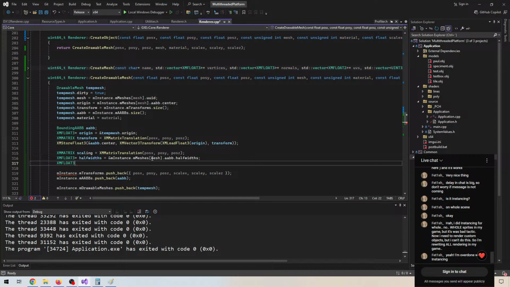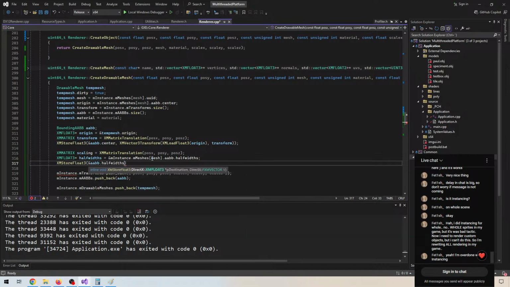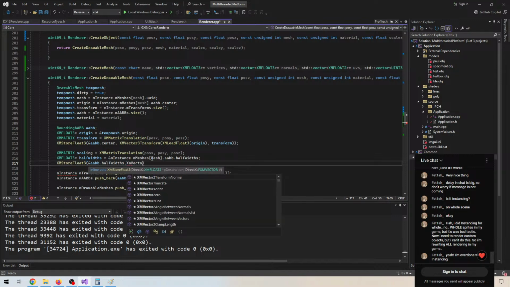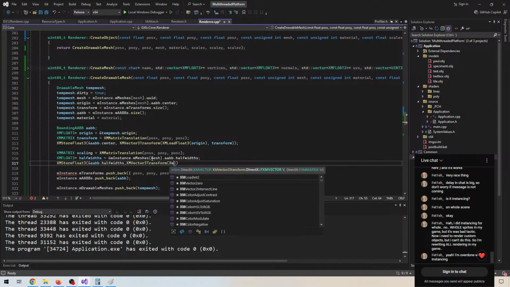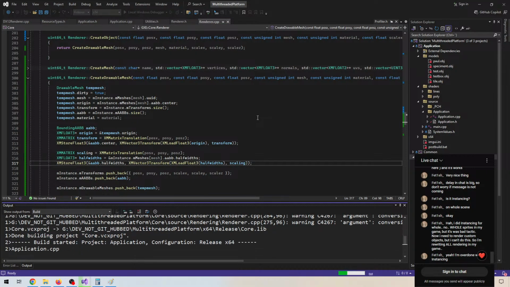Let's see. XMStoreFloat3. And let's do the vector 3 transform, XMLoadFloat3, half widths here, and then our scaling. Okay, so this should shrink Paul as far as